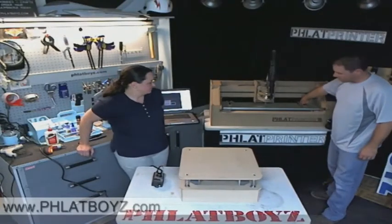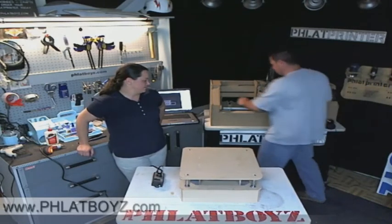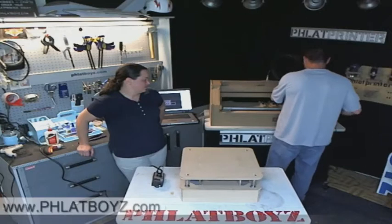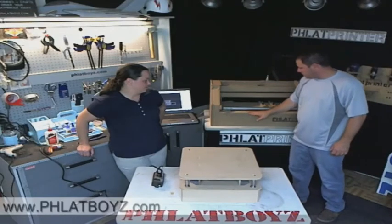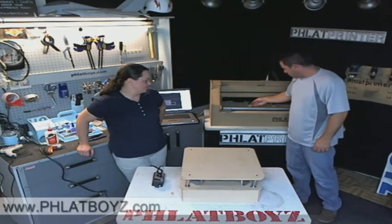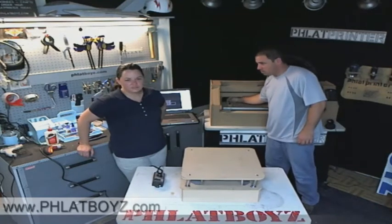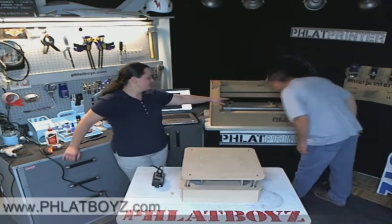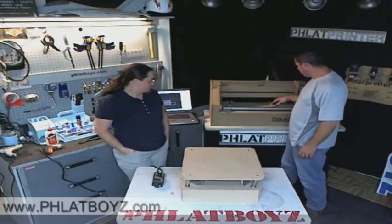Phlatboyz 3 now has guide rails. So we now have the ability to set our material up, guide it, and we're going to put this up there. You guys can check it out. The only thing that's kind of a lot of work is the top piece that we have to cut out. But other than that, we're still working out the details. We're just about done with them, and I'm definitely going to need a new cutting surface. The guides, as a kit, will come with the cutting surface,